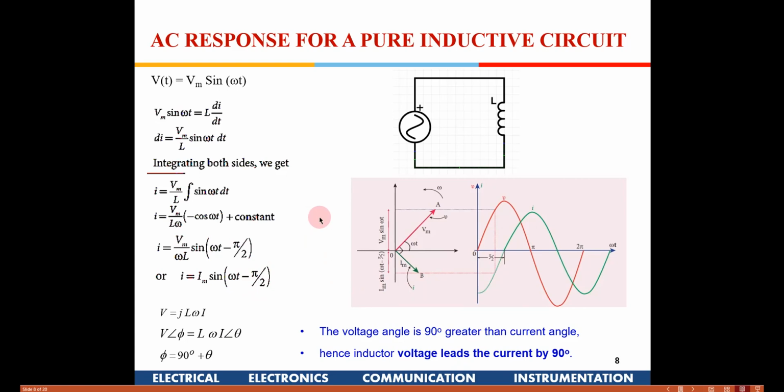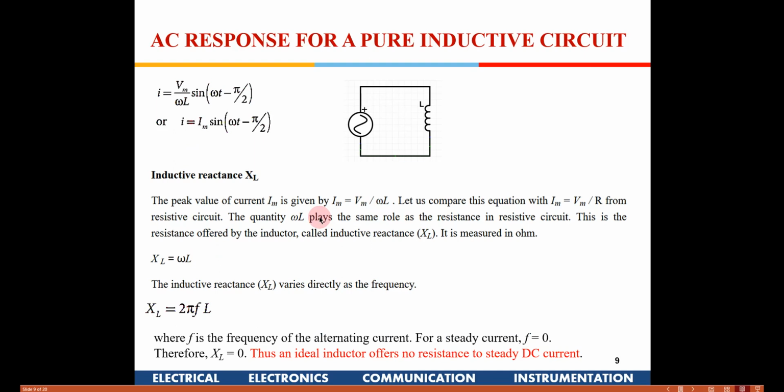Okay. So now we go forward. Now, if you see, I is equal to Vm divided by omega L. This omega L is known as an inductive reactance, or XL. When you compare with R, instead of R it is L omega. A resistance behaves in the circuit in the same manner irrespective of the frequency, whereas the impedance offered by an inductor is directly proportional to the frequency. You have omega L, where omega is 2 pi f, right.